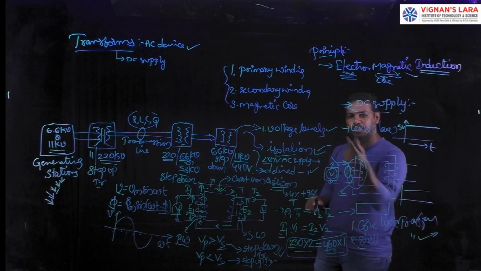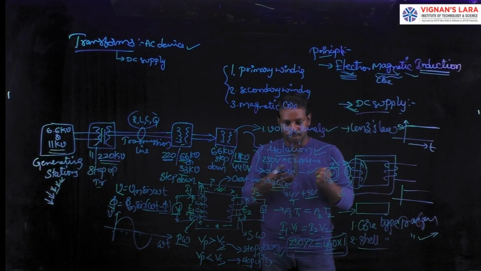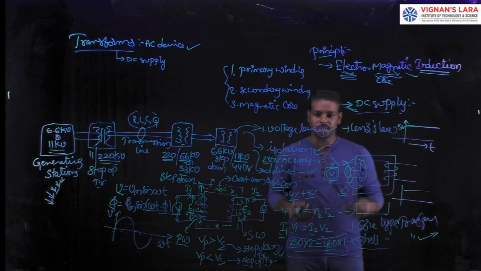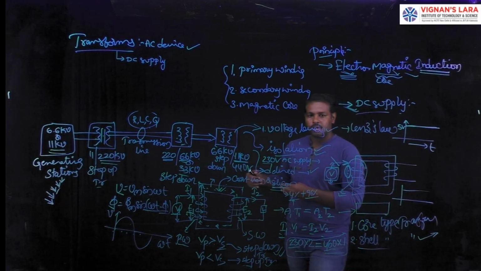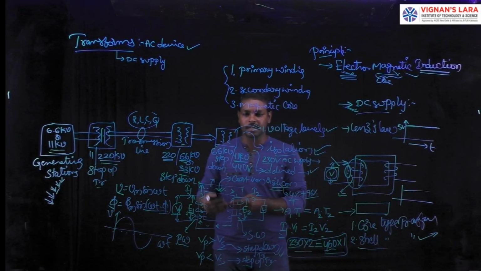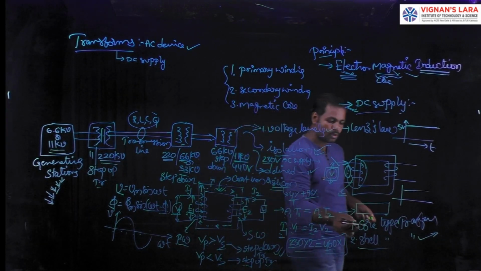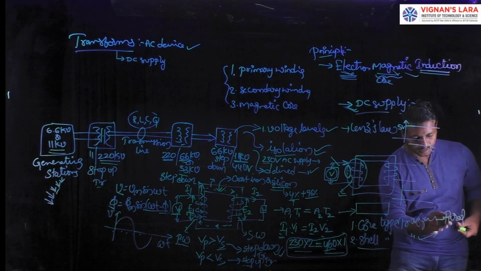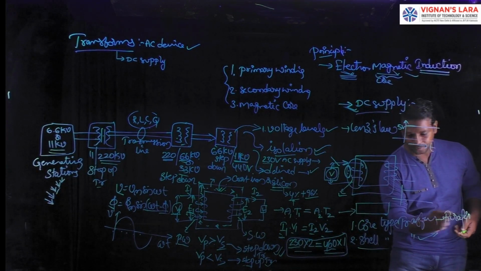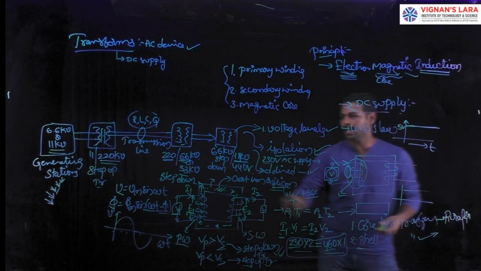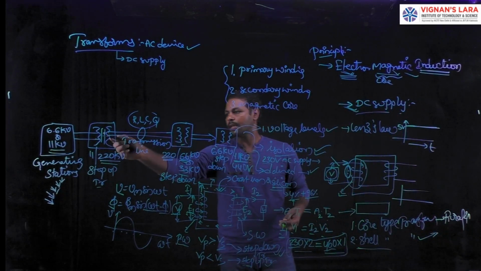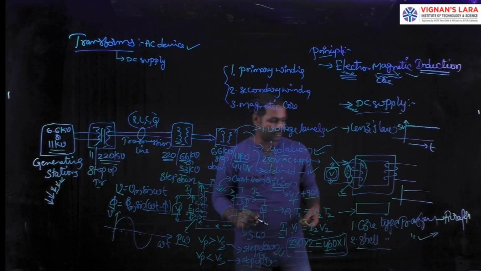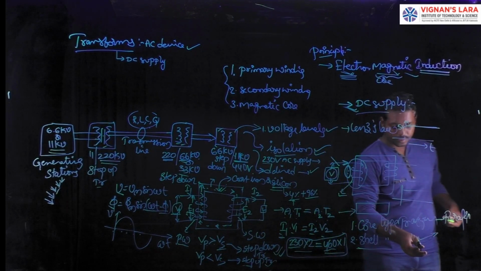But in the case of distribution transformers, nearer to apartments, we place a three-phase transformer, which is the core type transformer. Otherwise, in rural areas we also place transformers, which are also core type transformers. These are the rural areas, and nearer to apartments. Another one is the shell type, nearer to the generating stations, transmission or substations. We always use shell type transformers.